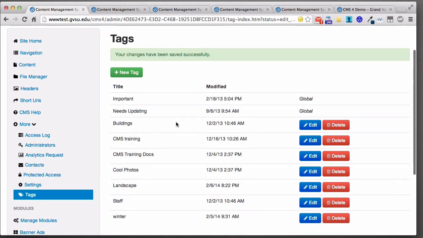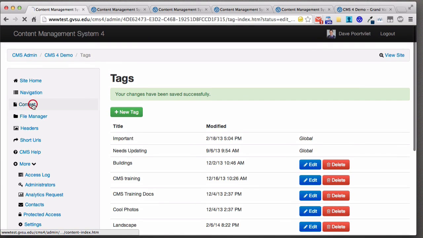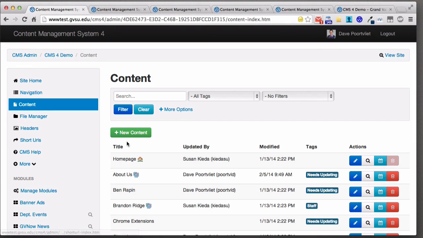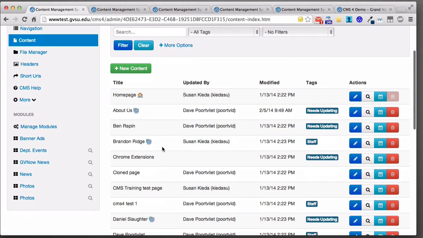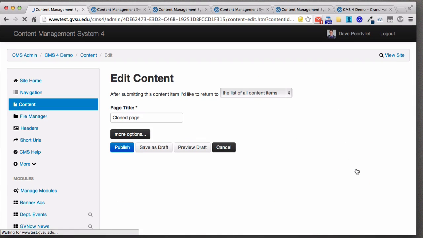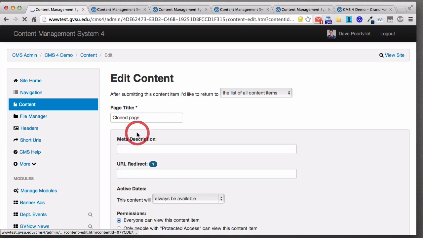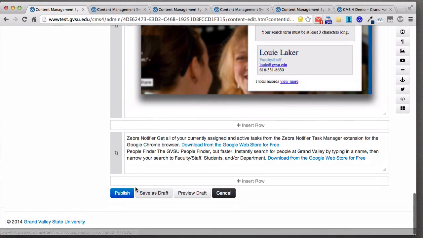So now I have that at my disposal. I can tag anything landscape. So I can tag photos, or I can tag content area, or I can tag Word documents. So if we go back to content real quick, maybe I have a page about landscaping, and I can tag that. So let's say we want to tag this one called cloned page with the word landscape. I just click edit, and then under more options you'll see landscape shows up,